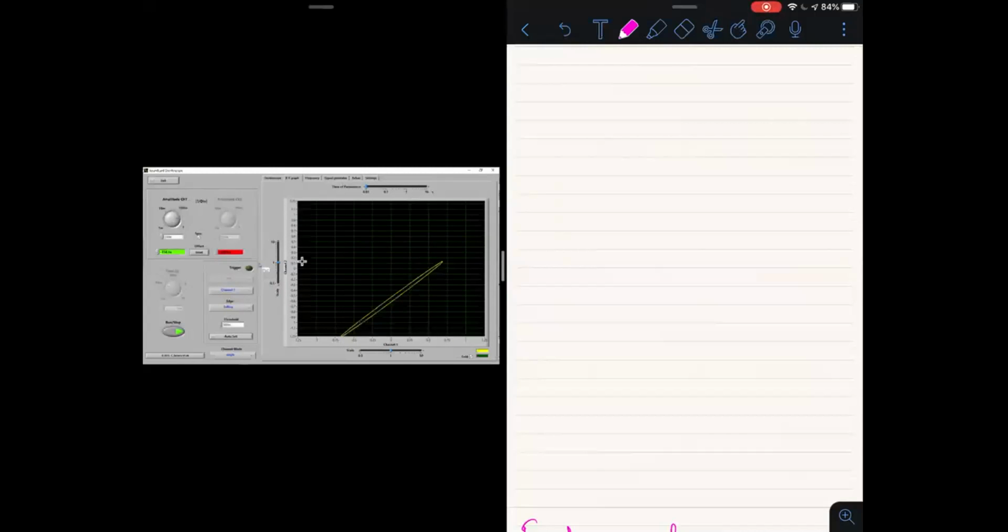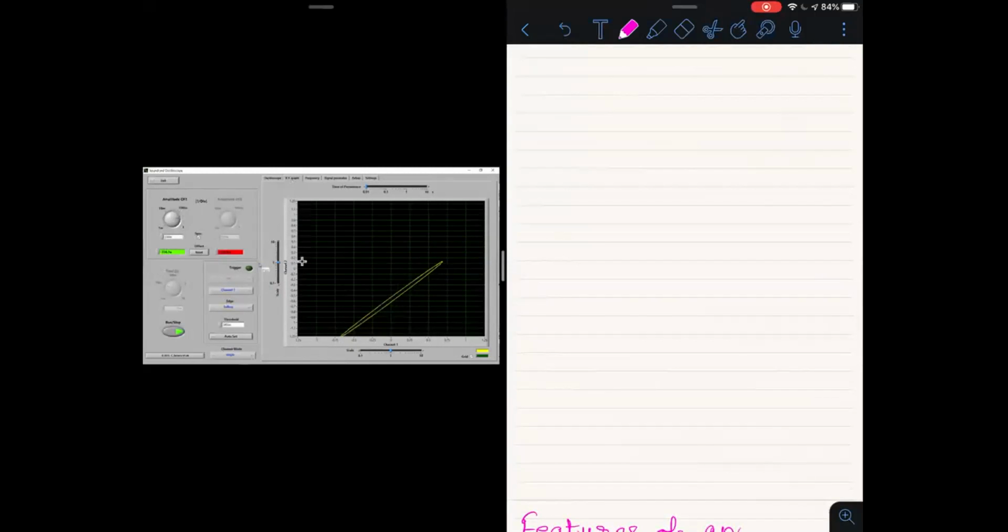So in the XY plot, as we discussed yesterday, this is X, this is Y. Then what is the XY plot? You have two voltages.